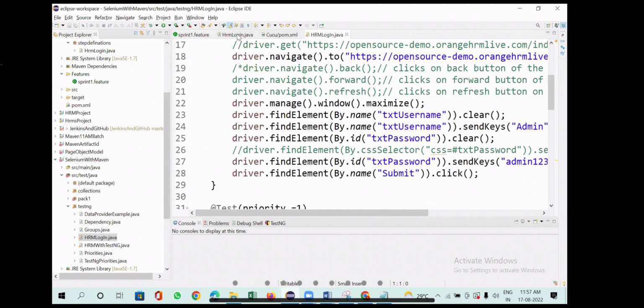So this is how my framework looks. I said common utilities. I will create one package called utilities. Under that, I am going to put common methods. What are those common methods? For typing, one method. For click, one method. And then I have